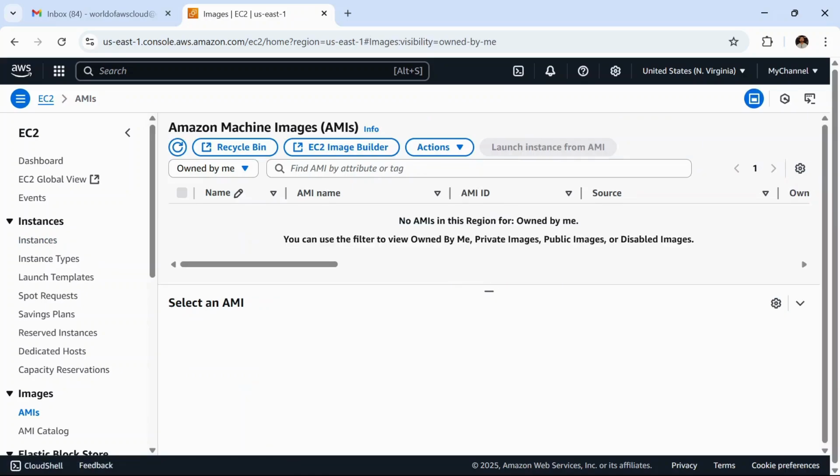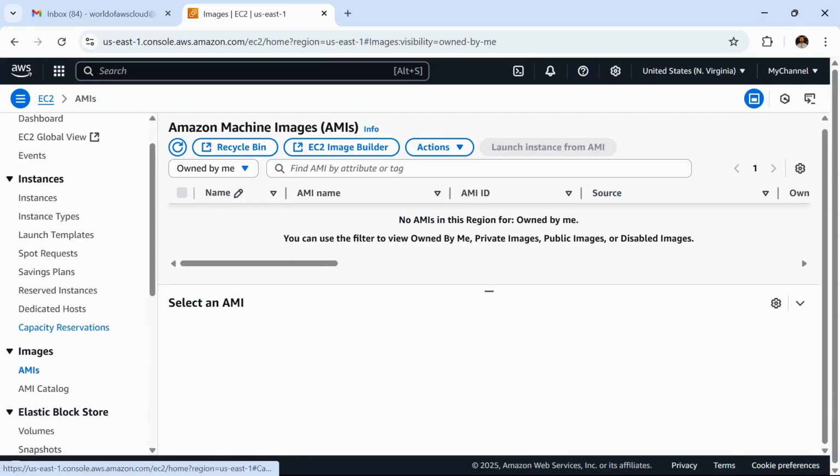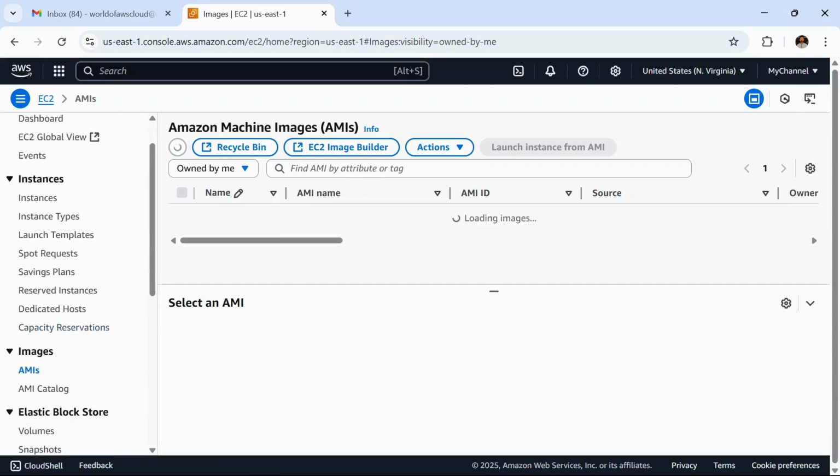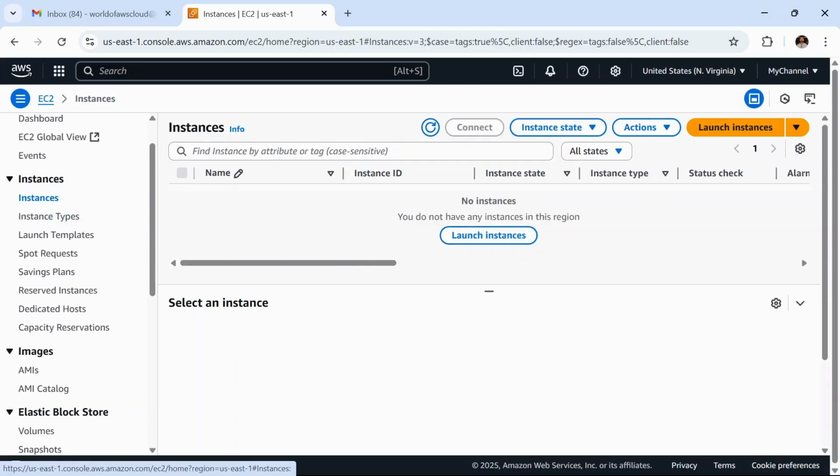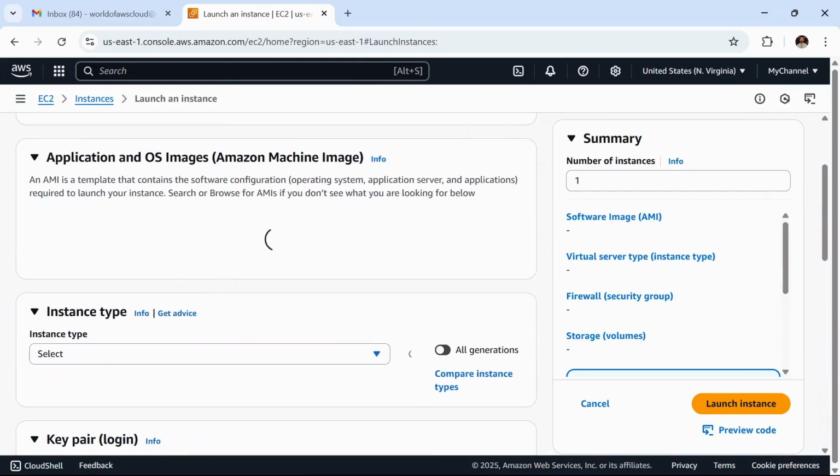So what AMIs are available here? It's saying no AMI available. Let me refresh it. Okay, so we don't have any custom AMI. Let's click on create instance, and there we can get the option.